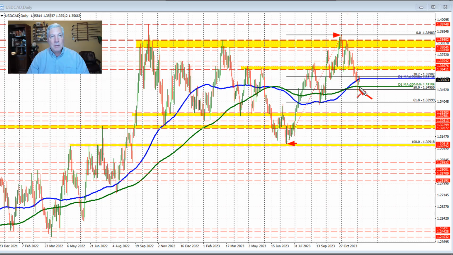But as you can see, the market has since rebounded back to the upside. Also in play here is the 200-day moving average, that's the green line in the chart, and the blue line that represents the 100-day moving average. Those levels come in at 135.15 and 135.73, and with the current price trading at 135.66, we are below the 100-day moving average, but above the 200-day